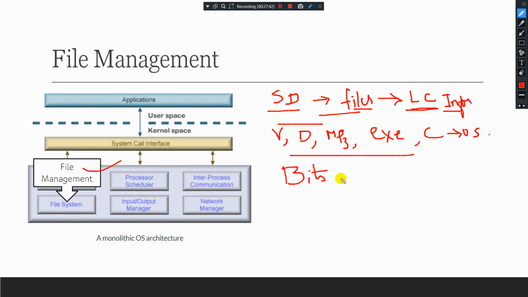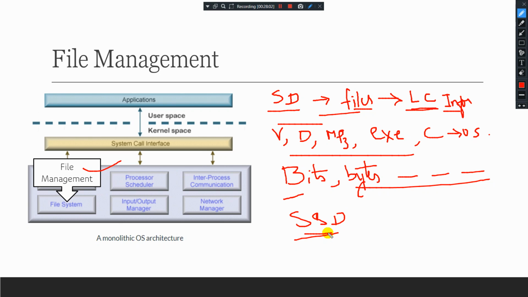A file consists of a sequence of bits. It can also have a sequence of bytes, lines, records, and so on. It can store the data. For storing the files on physical media, the secondary storage device is used.